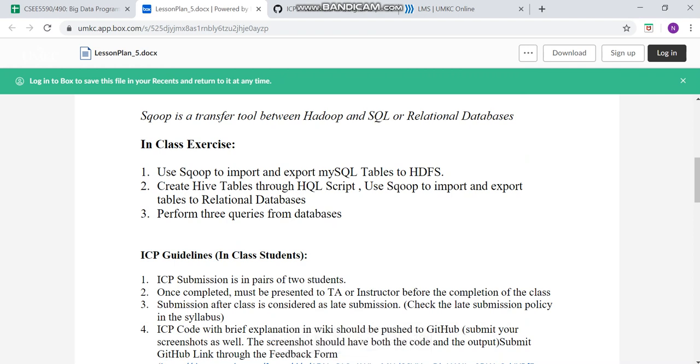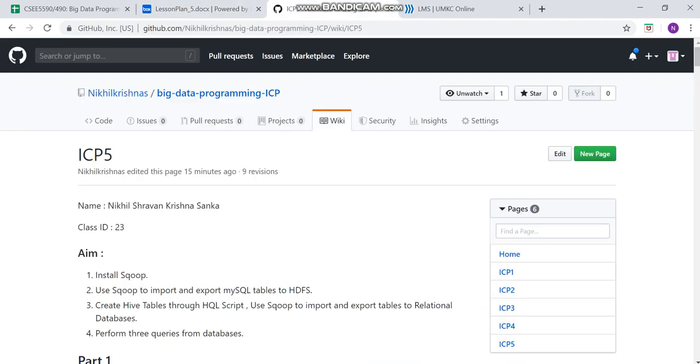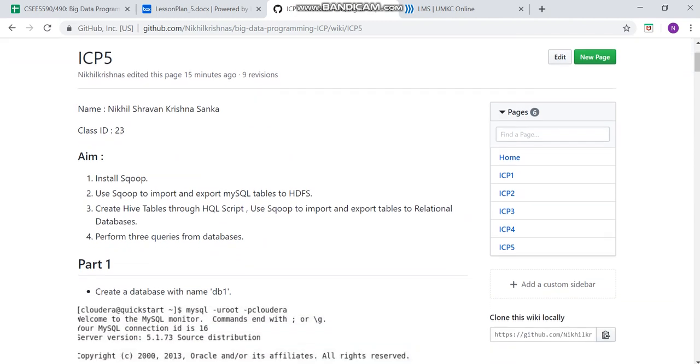So in this ICP5 we have three parts. The first part is to use Sqoop to import and export the MySQL tables to HDFS. In the second part we create the Hive tables through a HiveQL script and use Sqoop to import and export the tables to RDBMS. And in the third part, we perform three queries from the databases. So, going to the ICP5, basically